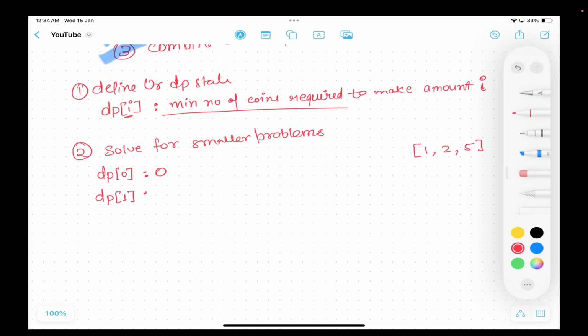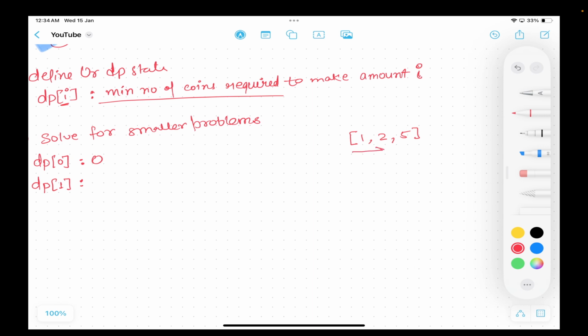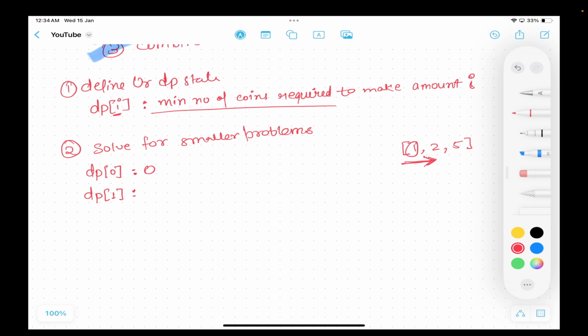डीपी ऑफ वन लिखूं, तो वन बनाने के लिए कितना चाहिए। तो तुम इस कॉइन्स वाले एरे पे आइटरेट करोगे, बोलोगे कि अगर मैं एक को यूज करता हूँ, इफ आई विल यूज वन, तो वन को यूज करने से अब मेरे पास कितना बचे, क्योंकि डीपी ऑफ आई मिनिमम कॉइन बता रहा है। अब मेरे पास कितने बचे, जीरो। तो इस जीरो के लिए मेरे पास ऑलरेडी आंसर कंप्यूटेड है, विच इज डीपी ऑफ जीरो।